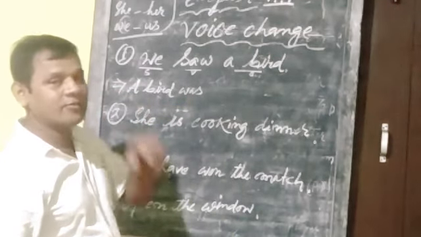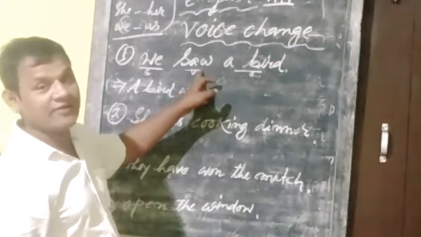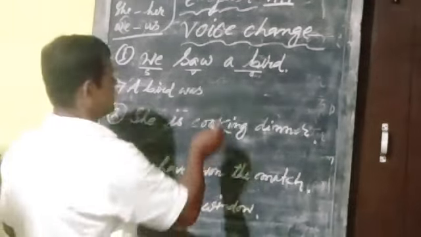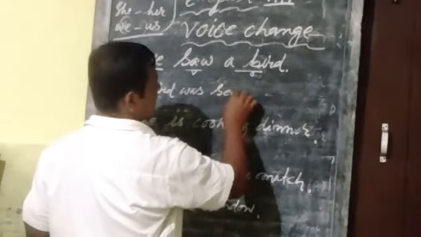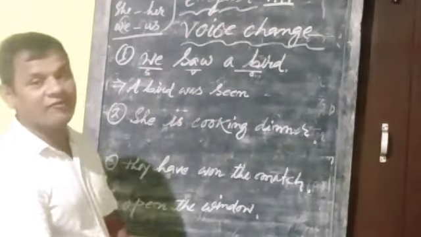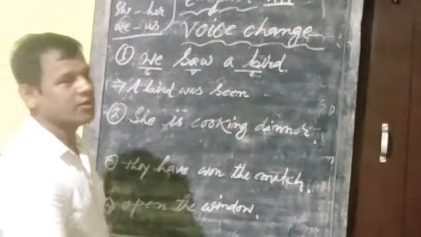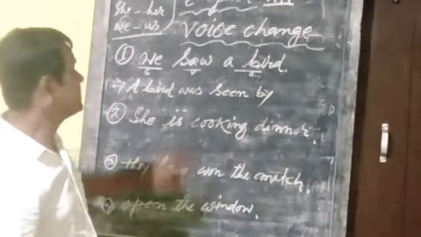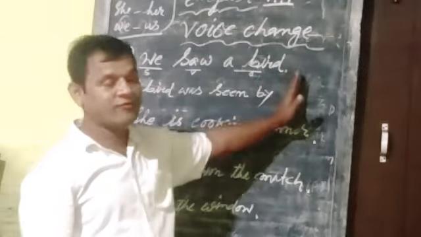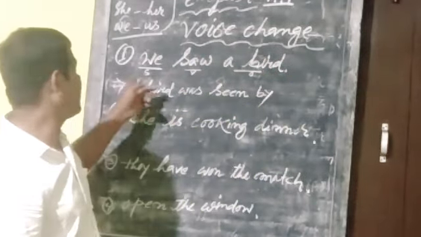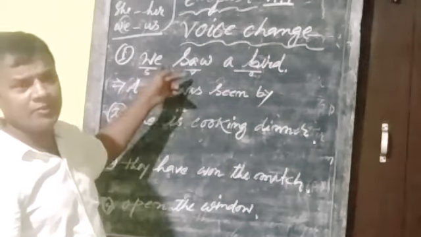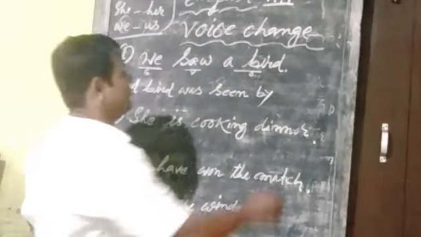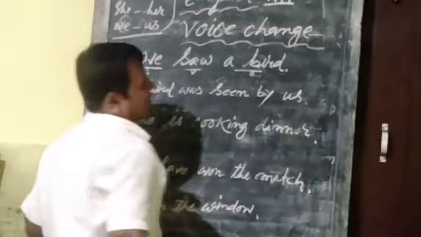Number 3 is third form of the verb. Verb is here saw. Then third form of saw is see, saw, seen. So third form is seen. You write seen. Number 4 is by preposition. You write one by preposition. Number 5 is subject will go in place of object, and subject given here is we. Then we will become us.